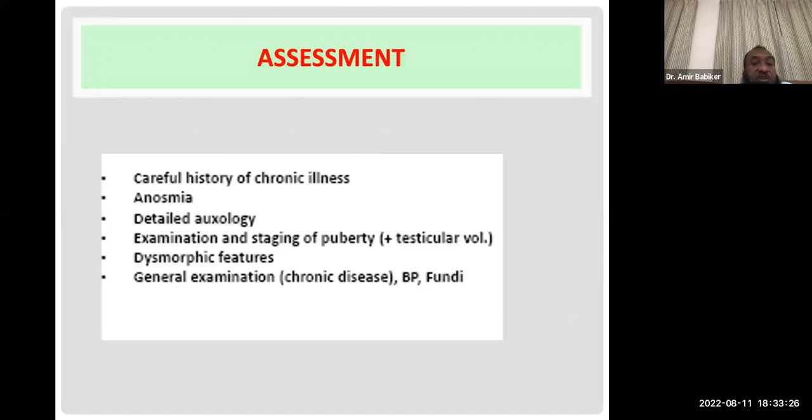So, careful history, anosmia. Why do we ask about anosmia? For Kallmann syndrome. Okay, it is one of the causes of delayed puberty, central delayed puberty. Detailed examination, okay: both the growth, weight and height, staging of puberty, general examination, the fundi. So you are looking for central and